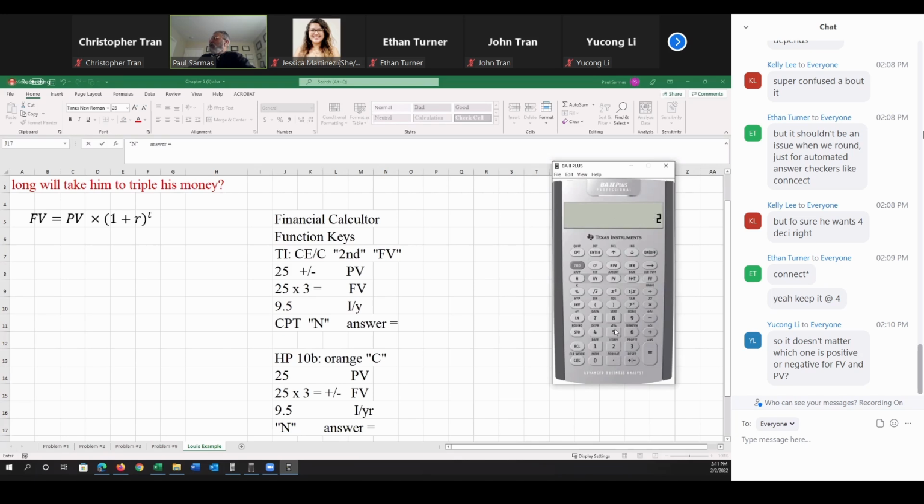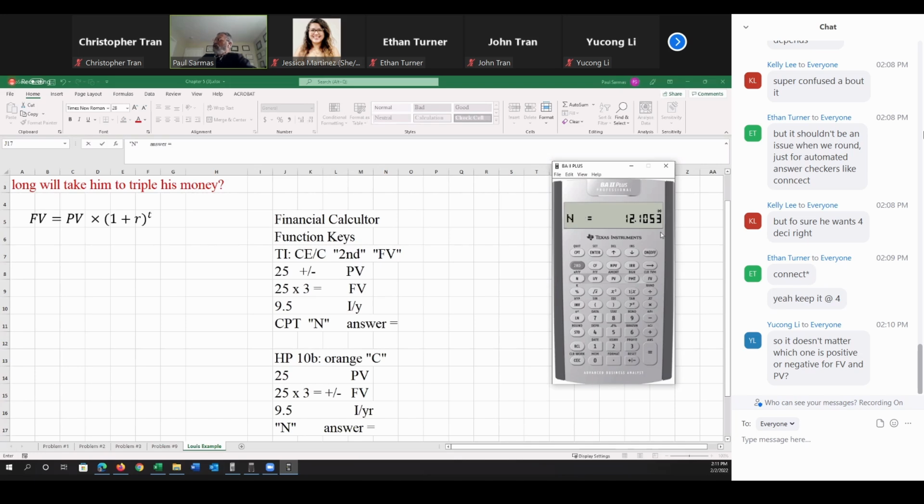Then you take 25 times 3, because you're tripling it, 75, that becomes your future value. Press FV. 9.5, press I, then do compute,